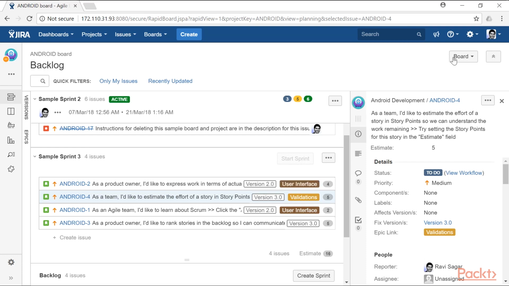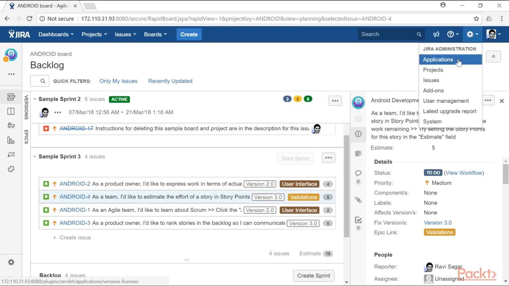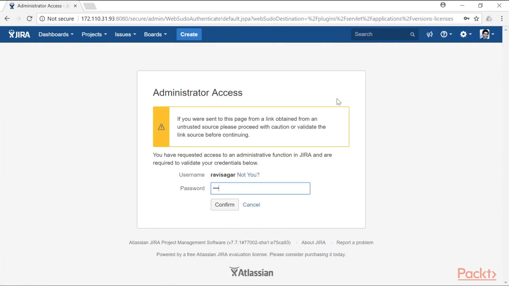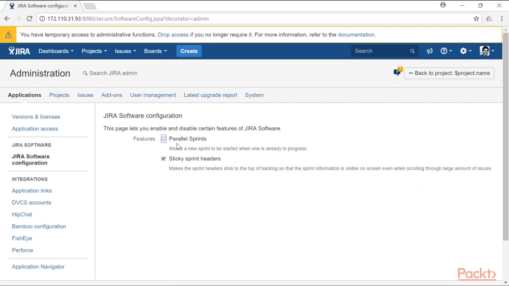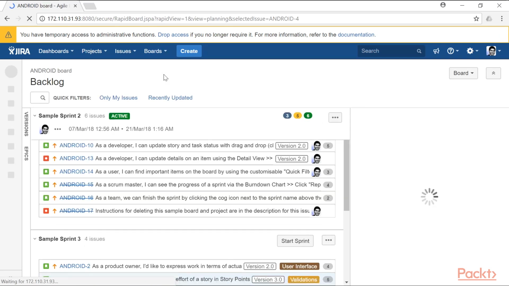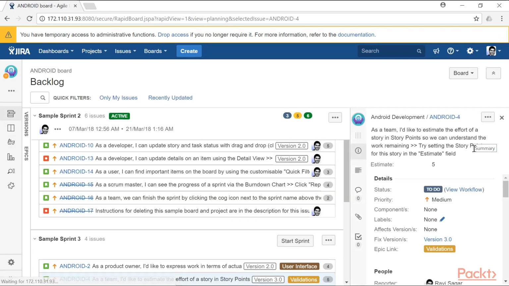So if I go to my JIRA admin and applications, and if you go to the JIRA software configuration, you have the option here to enable parallel sprints features. So just check this particular option and go back to your board. To go back to the recent board, you can simply click on the board option on top and click on the Android board,